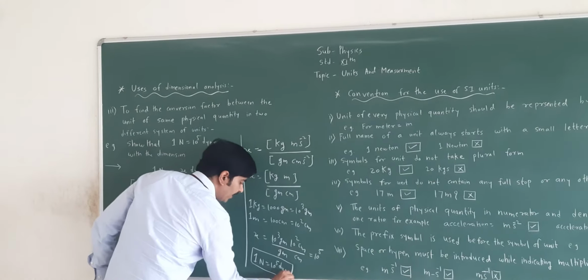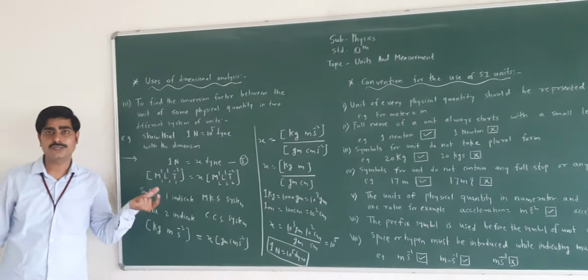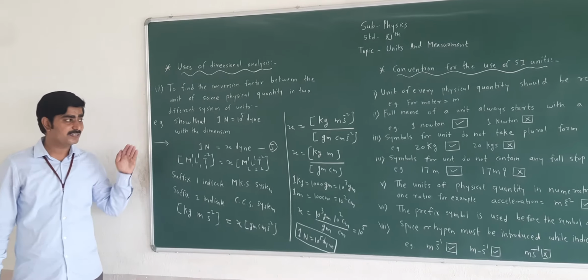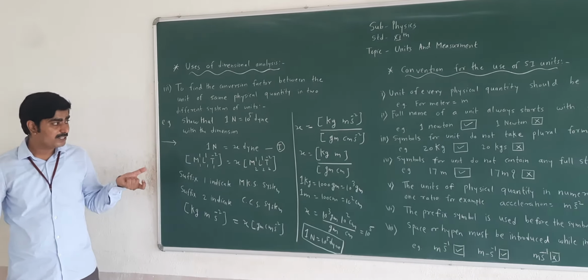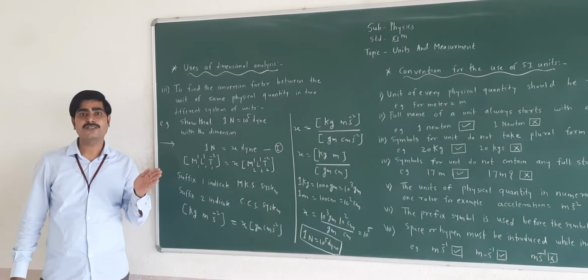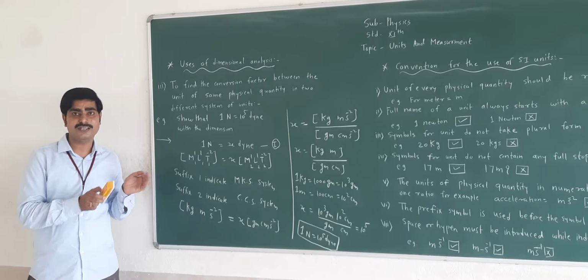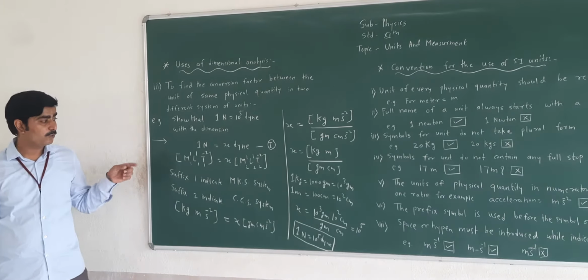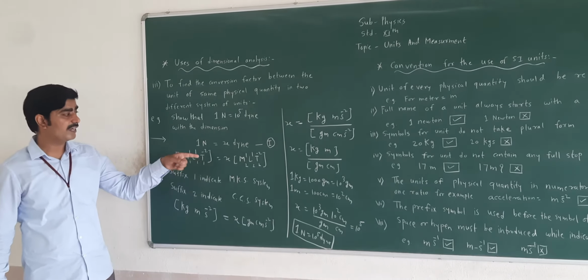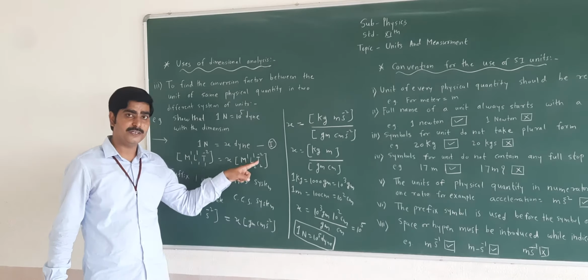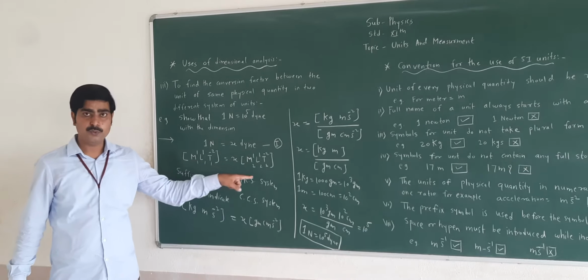So with the help of dimension analysis, we have proved that 1 Newton is equal to 10 raised to 5 dyne. Friends, this is a total mathematical part. Again I am going to explain this part. For this part, you should know the dimensions of force. How to calculate the dimensions, I have told you in the last lecture. What are the dimensions for force? 1 in mass, 1 in length and -2 in time, equal to x. Again we write 1 in mass, 1 in length and -2 in time. Then we write suffix 1, 1, 1 and 2, 2, 2.